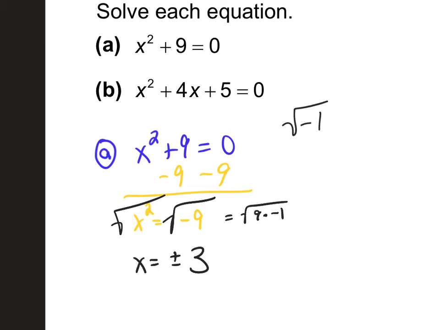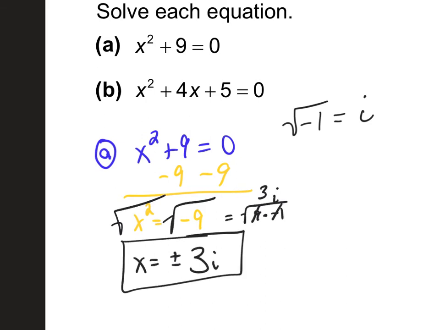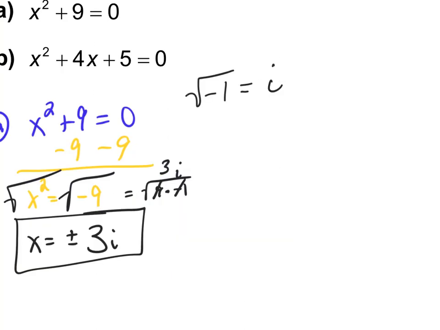We talked about this on the first slide. The square root of negative 1 equals i. So this would be 3i, plus or minus 3i. It's not a real solution. It's imaginary. Like if I were to graph this,